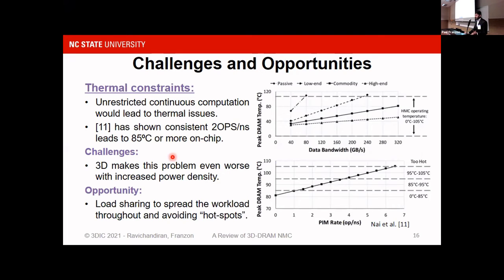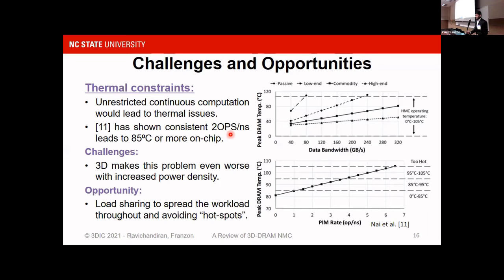And as pointed out by the previous two speakers, the thermal challenge has become pretty much a bottleneck for all these 3D implementations. And here's a paper presented by Nai et al. called CoolPIM. This shows the graph for how a consistent 2 operations per nanosecond would lead to a chip temperature of more than 85 Celsius or something like that. And as pointed out by the panelists in the previous sessions, the requirements for the current mobile edge neural network applications are well beyond these parameters. So there has to be a way for us to